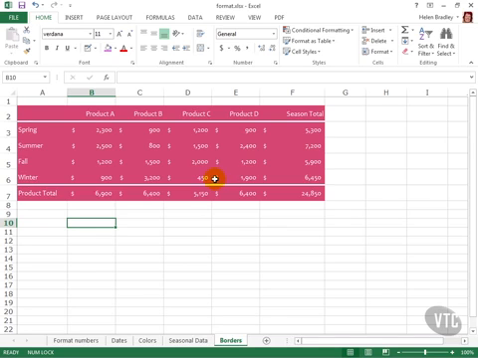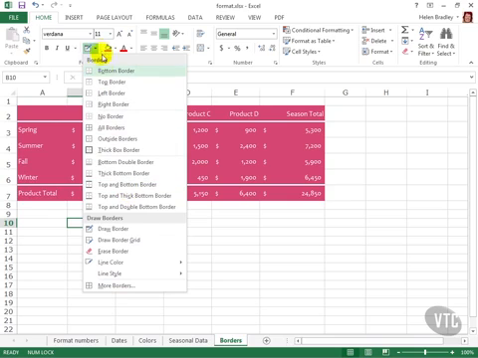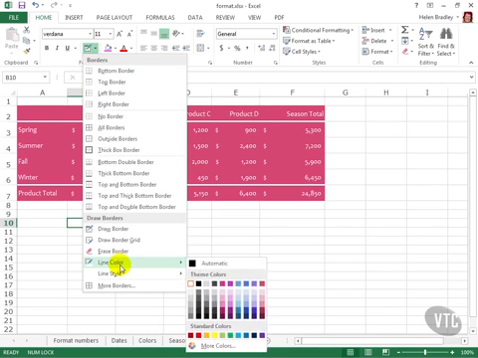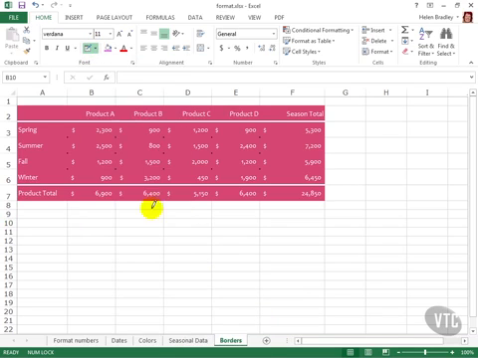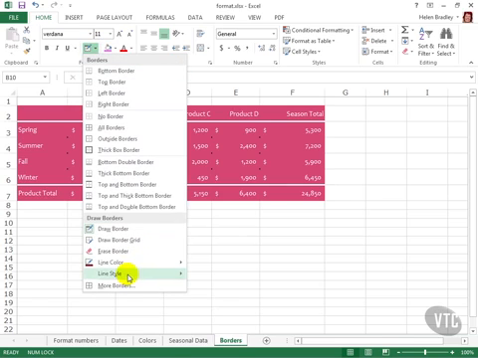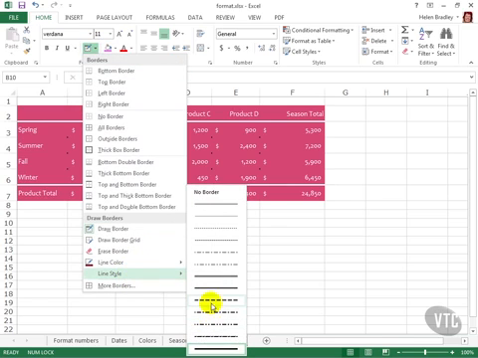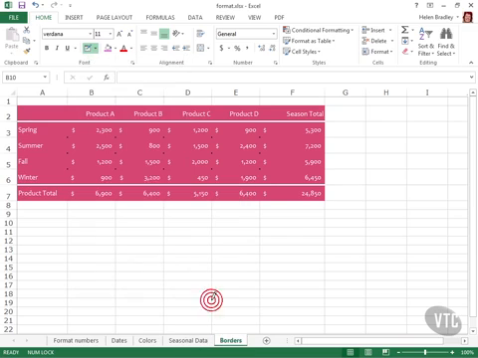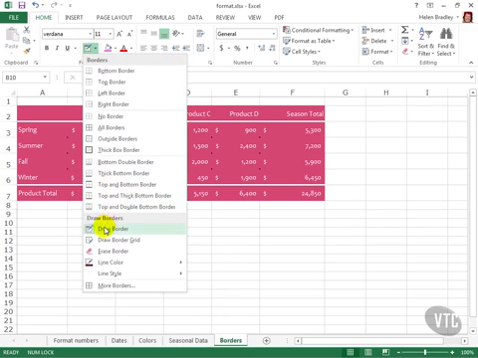There's another way to add a border, and that is by selecting an option from this portion of the list. We'll go ahead now and start by selecting the line color and style to use. This time I want it to be dark red. And I want my line style to be this dash symbol here. And I don't want to draw the border, I want to select it a different way, so I'm going to